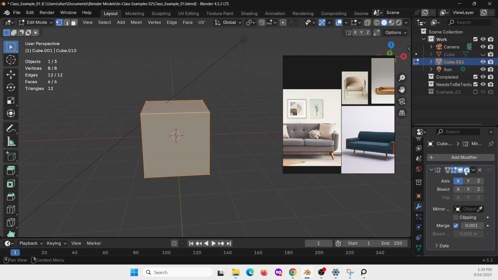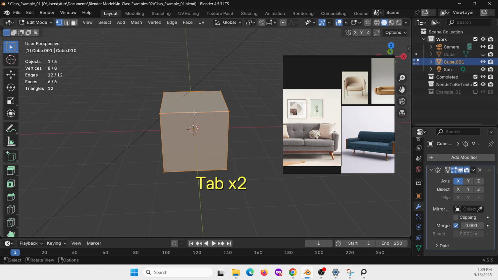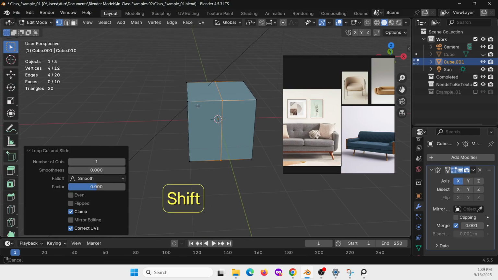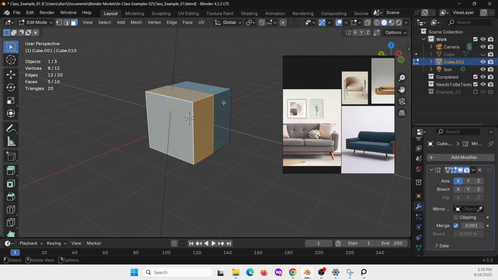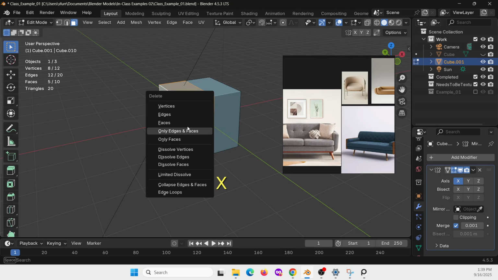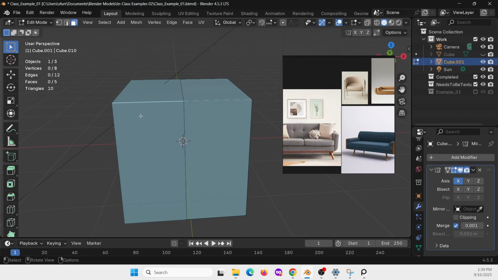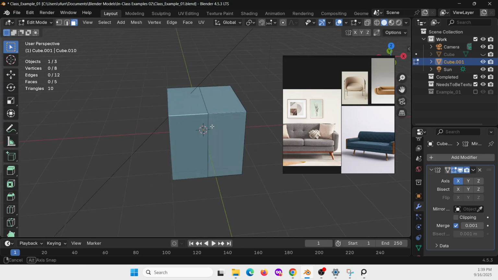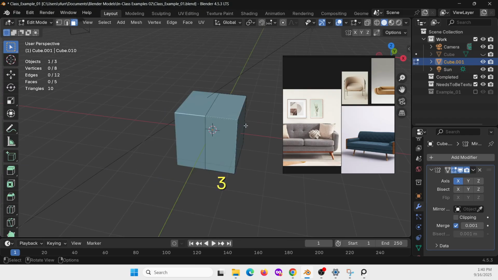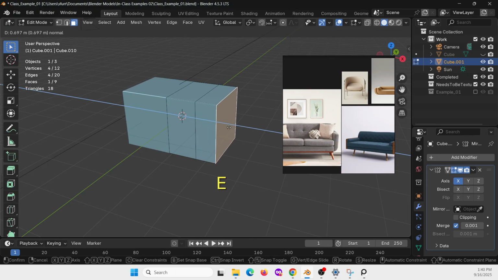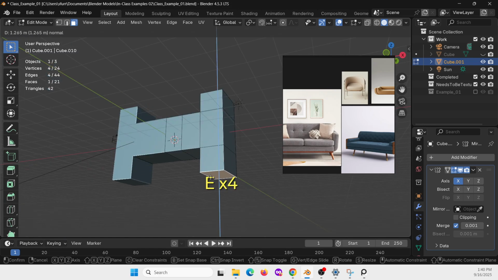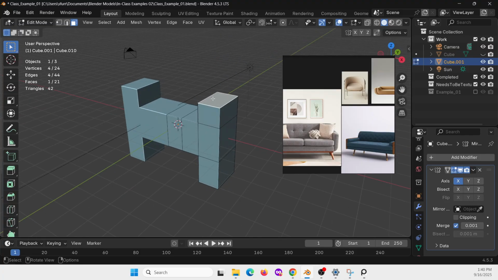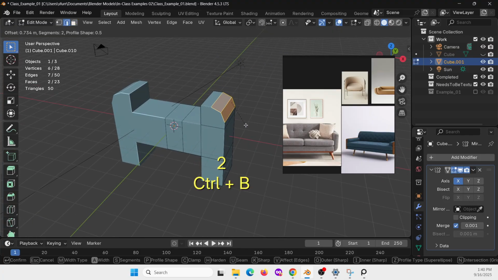So usually what I would probably do is I would put Control R, a loop cut, right in the middle, apply that, and then delete one side of it. So I select all of these here, and then select the other side, press X, and delete the faces. And now I can't select this side here, which is good because I don't want to select that side. But now if I go over here and press E, it will extrude on that side. And of course I can do something like this, like that, as needed. Bevel something here, that will bevel over there,